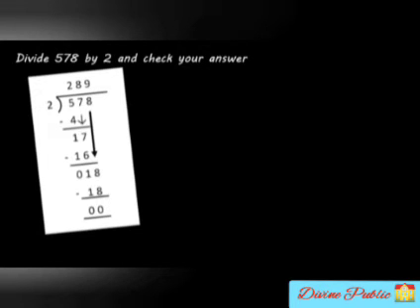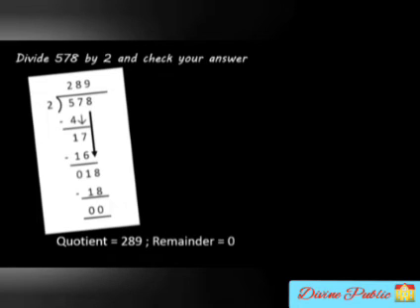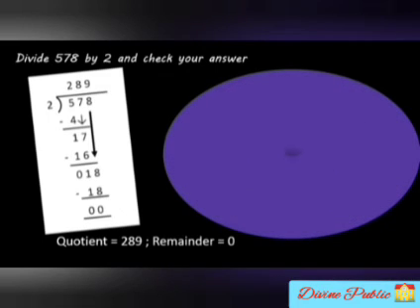Again 8 will bring down and 1 and 8 will be together 18. Now we will read the table of 2 so that 18 will come. So we will read the table of 2, 9 times. So 2 9s are 18. So 18 we will write downside of the 18. So 18 minus 18 will be 0. So this way we got the quotient and remainder. The quotient is 289 and the remainder is 0.